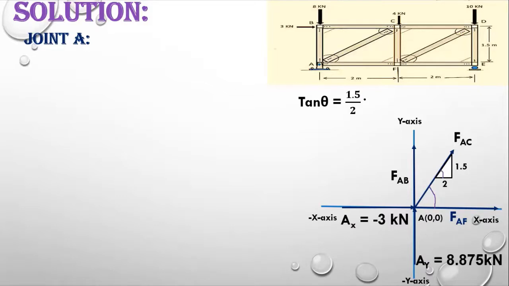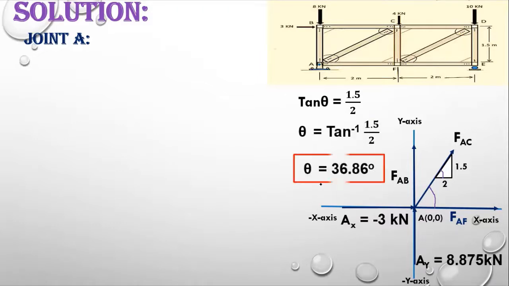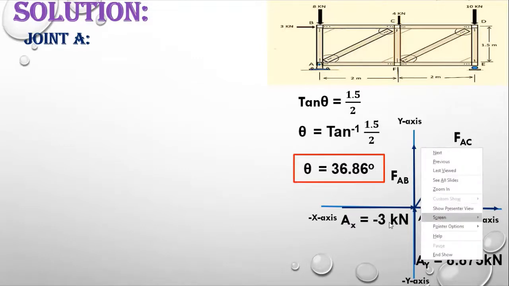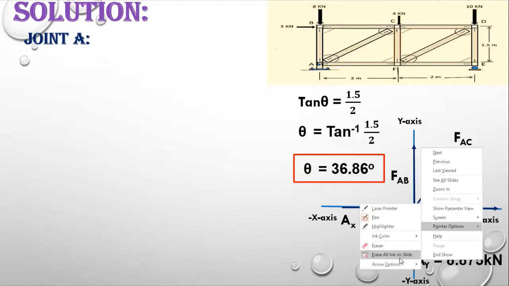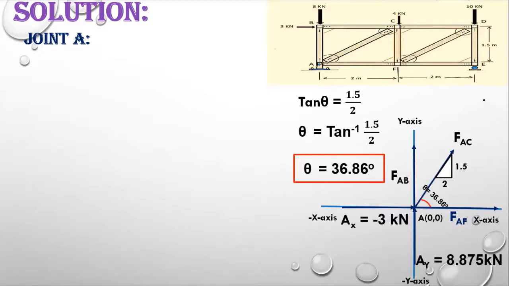So tan theta equals 1.5 perpendicular, this one is the perpendicular, this one is the base. So 1.5 upon 2, theta equals tan inverse, and theta is coming out to be 36.86. You can see in the diagram. Okay, let me erase what I have done on the screen. We have to resolve the member force FAC into its components. The horizontal force should be FAC cos 36.86, and the vertical force should be FAC sin 36.86, and both should be positive because both lie parallel to the positive x-axis and positive y-axis.